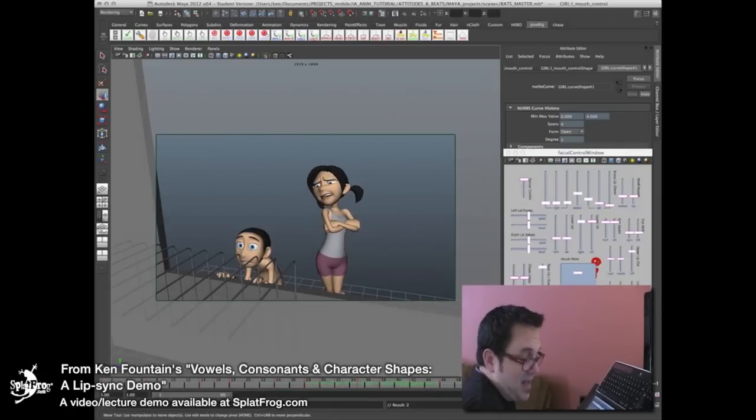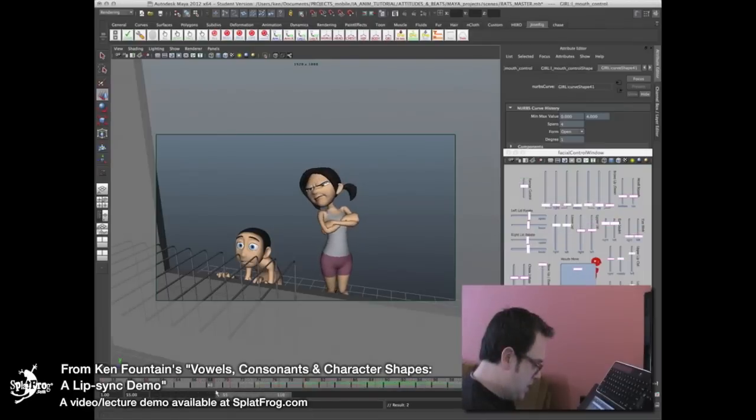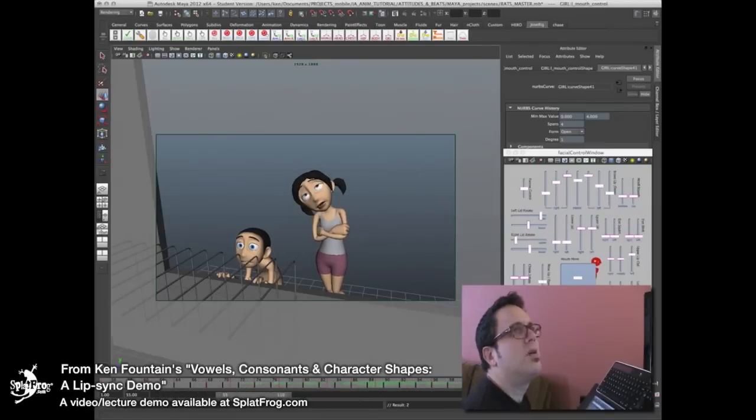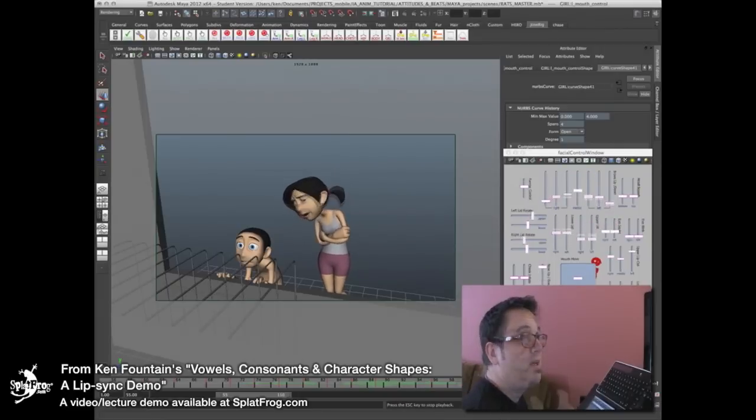I feel pretty good about that. I'm going to move on to the next section and see what the sounds are in there. "You won't be able to buy any." Basically, I want the "oo" for the "you" to hold through "you won't." Then "be able to" is one slurred shape. The E and the E are going to both exist in the same shape. So: you won't be able to buy any. O, E, ah. Let's go grab those.